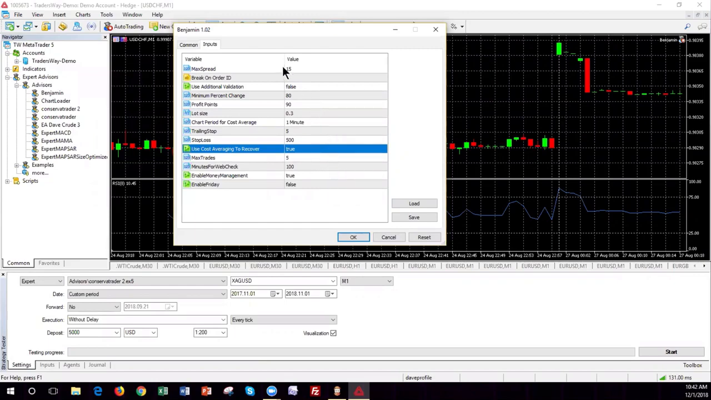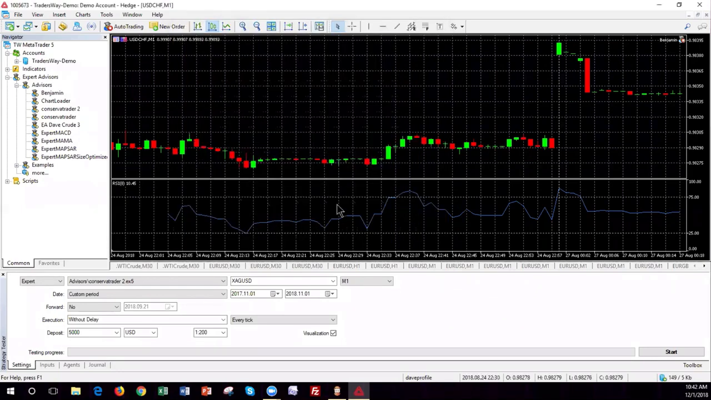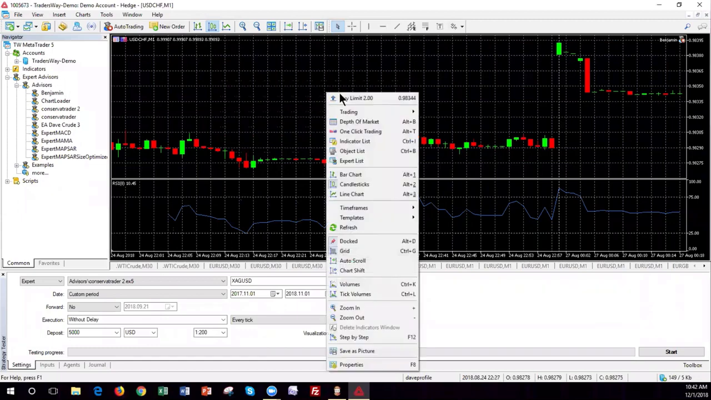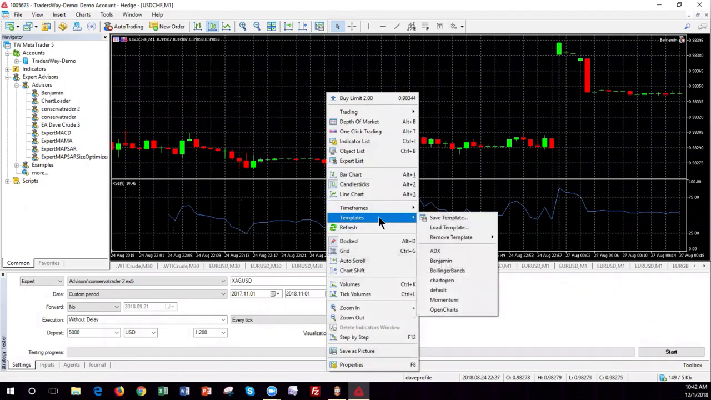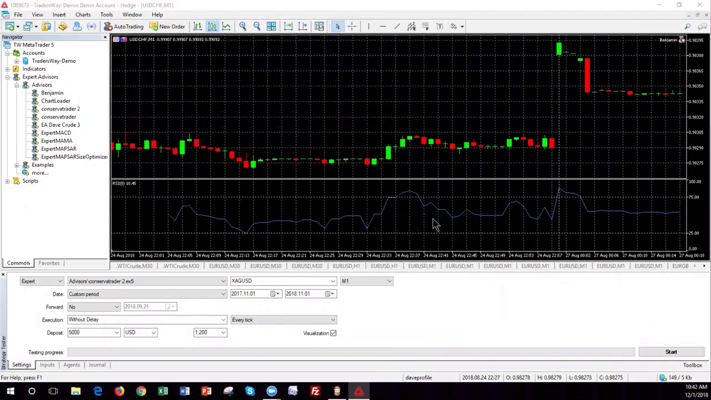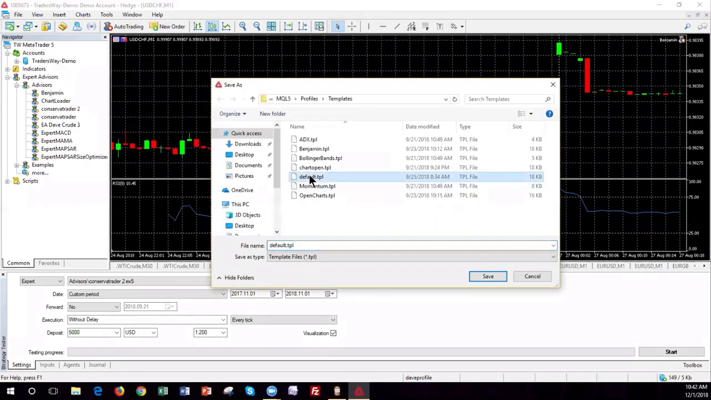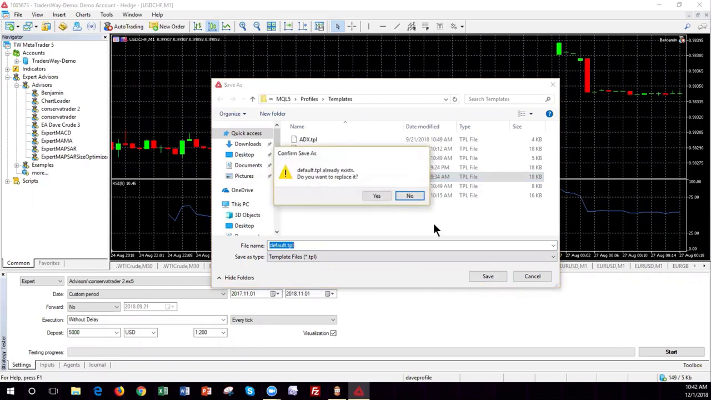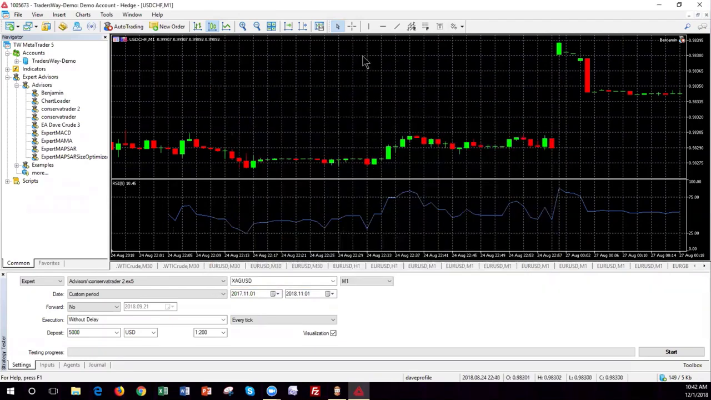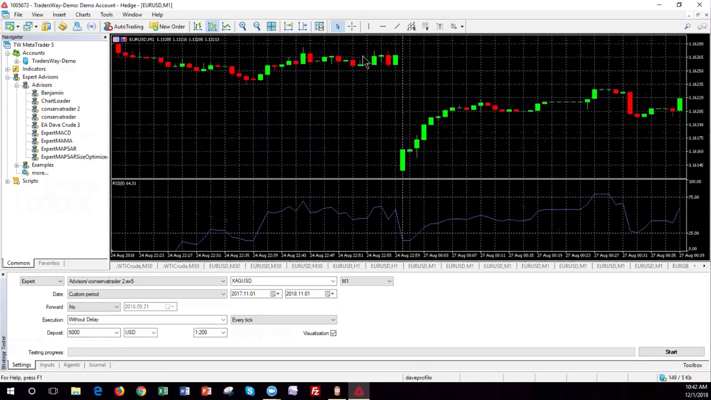So this is where you set your charts. Once you set it the way you like, you right-click on the chart, you go to Templates, and save that template as your default. So you choose Default as your template, and then Save. Even if you have to overwrite it, and you're done. Now, any chart that you open up,